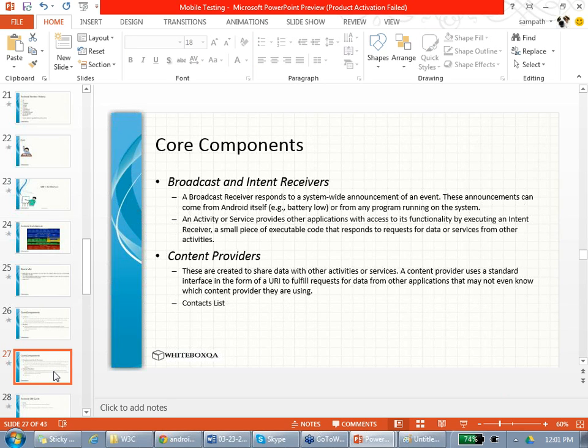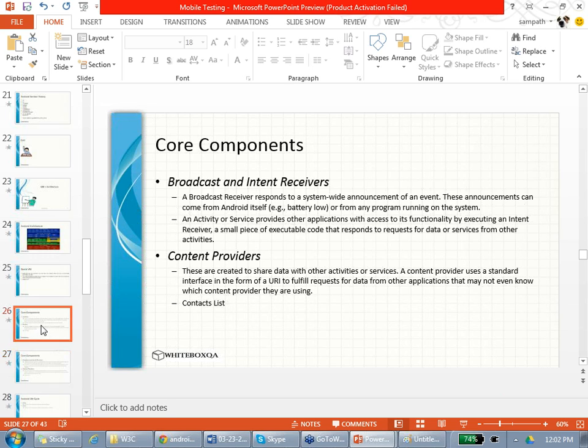What is a broadcast receiver? For example, battery is low. It needs to warn you, right? Broadcast means it needs to broadcast to the entire system, not just one application. Agreed? Battery is down, or Bluetooth device connected, or Wi-Fi available. I can find some connections. All these are called broadcast receivers. So they broadcast information to the phone, not to an app. A service is working on a specific function. Broadcasters need to broadcast to the phone, not to a specific app.